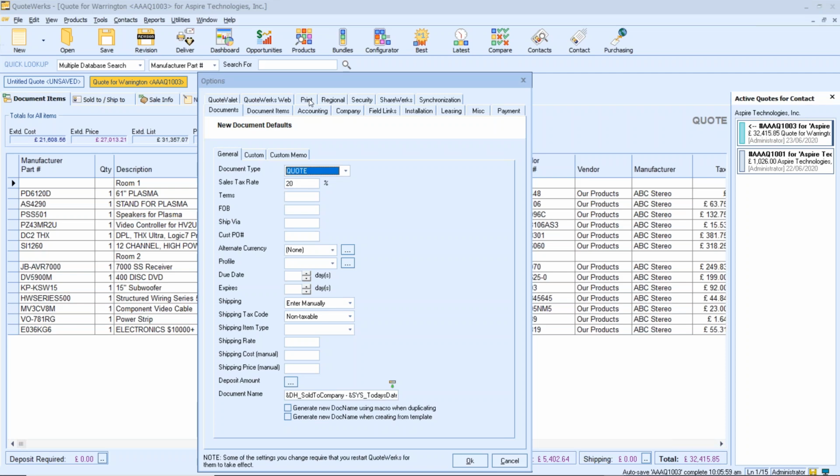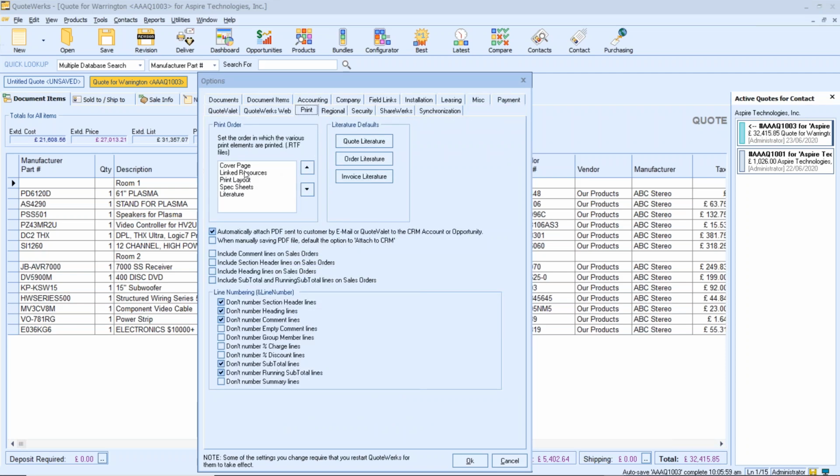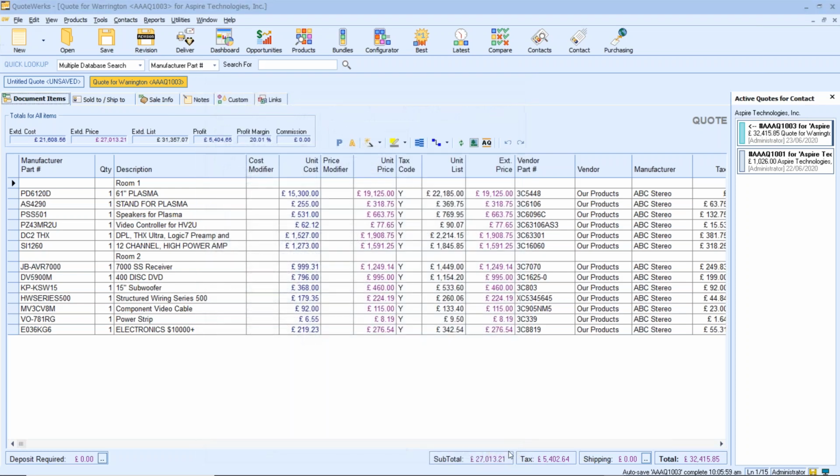If you go into your options and the print button, this is where you will see that link resources. This is where we can adjust it up or down. And this is also where we can define the literature defaults for your quotation, your default quotations as well. So that's it. The links tab in QuoteWerks, a great way of associating more detailed information with this particular